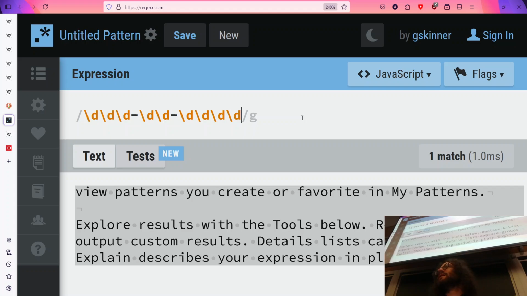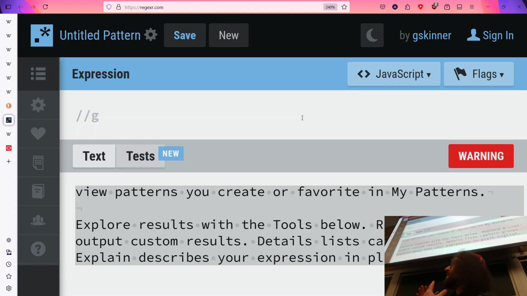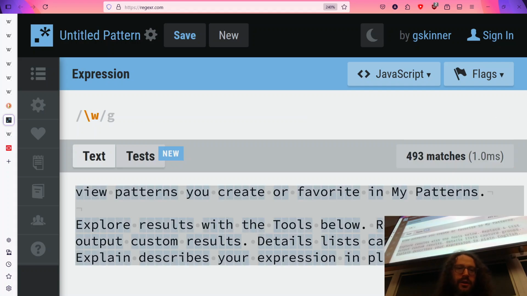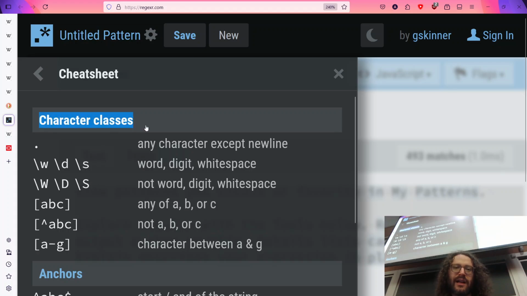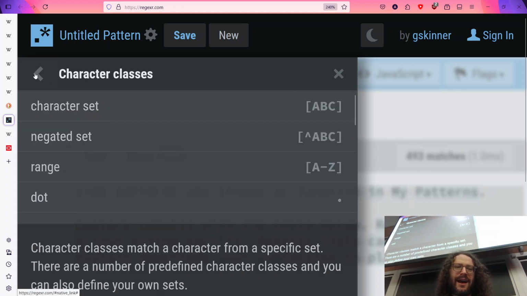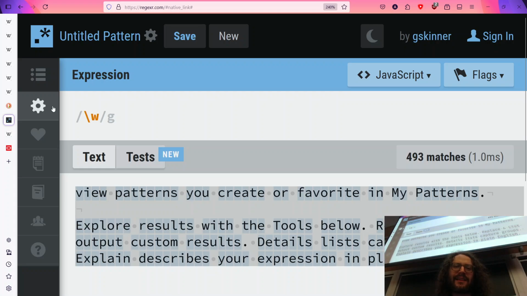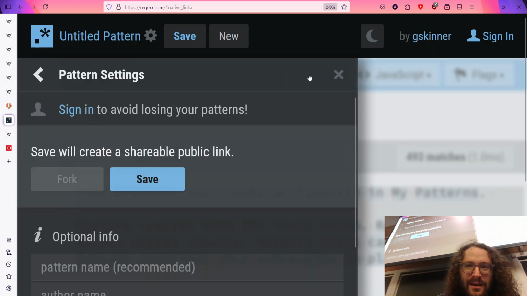So what other things can we do with regular expressions? Well, sometimes the pre-made character classes, what are they called? We can go to the cheat sheet here. These character classes, right? I always get confused. It can't be something called a character class. That's like fighter and wizard and rogue. But no, what we're looking for is great because it has the cheat sheets in here.